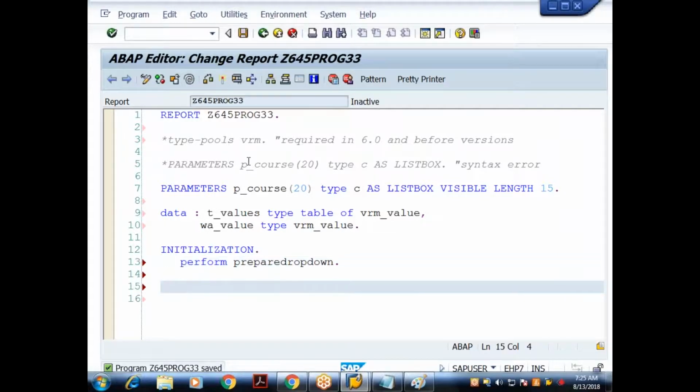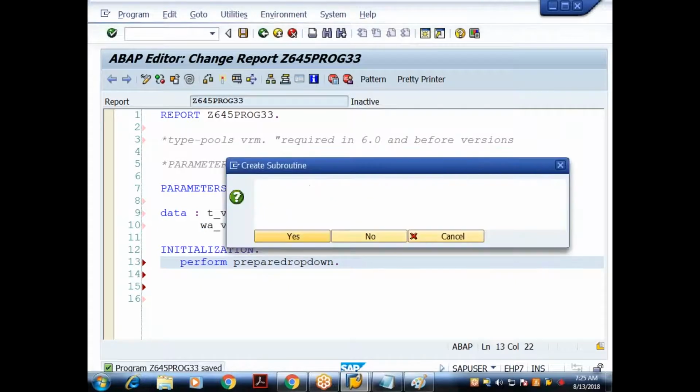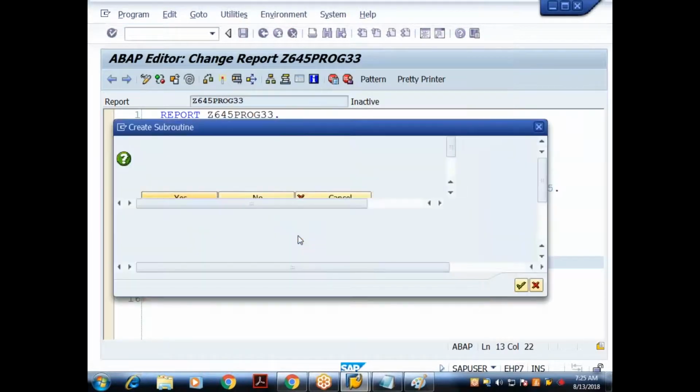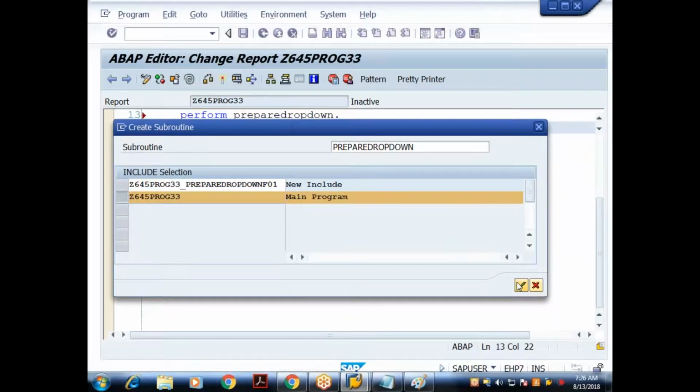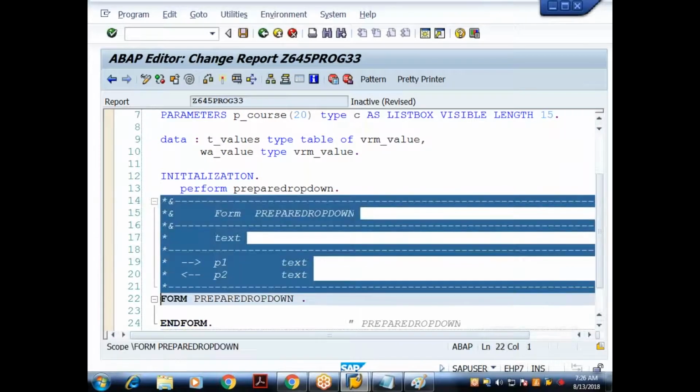When I double click on it, it says the subroutine does not exist, create the object. Yes, I'll create it in the current program. Continue. Done.